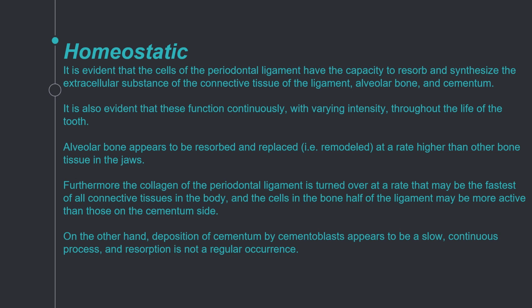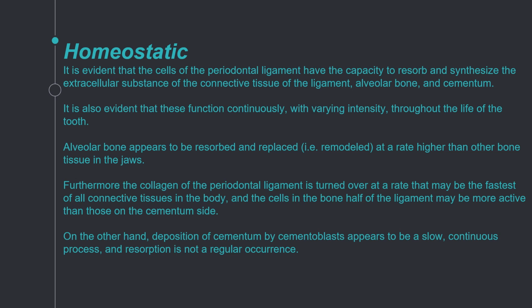Okay. So now the principal cells of the periodontal ligament are the fibroblasts. The fibroblasts lay down the matrix, the collagen, and also resorb the matrix, the collagen and the extracellular matrix. Now there are two types of cells involved in the bone and in the cementum. The cementoblast does the deposition of cementum, while the resorption of the cementum is taken over by the cementoclast. In case of bone, it is the osteoblast that lays down the bone, and the resorption is taken over by the osteoclast. Here in the periodontal ligament, both the formation as well as the resorption is taken over by